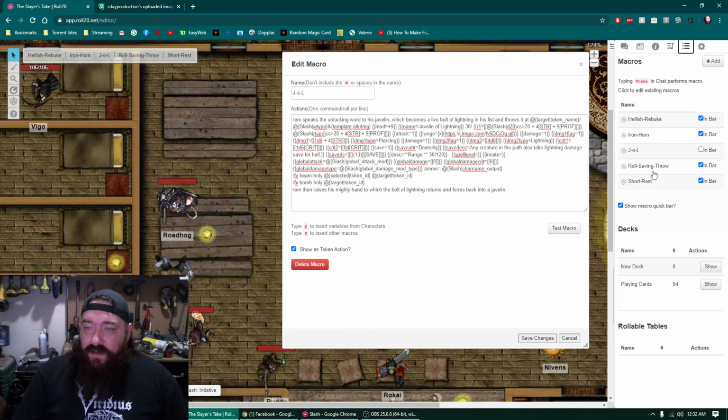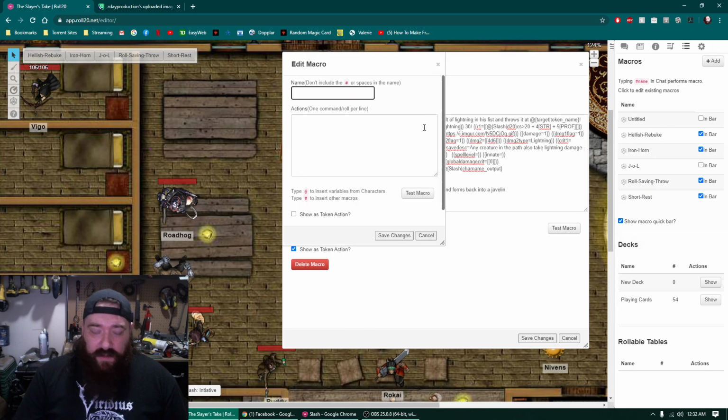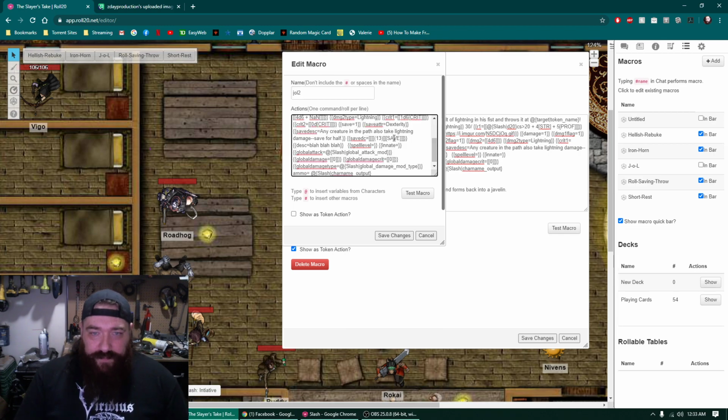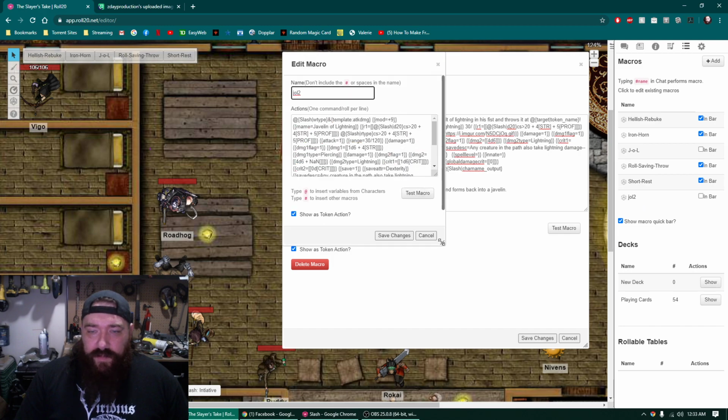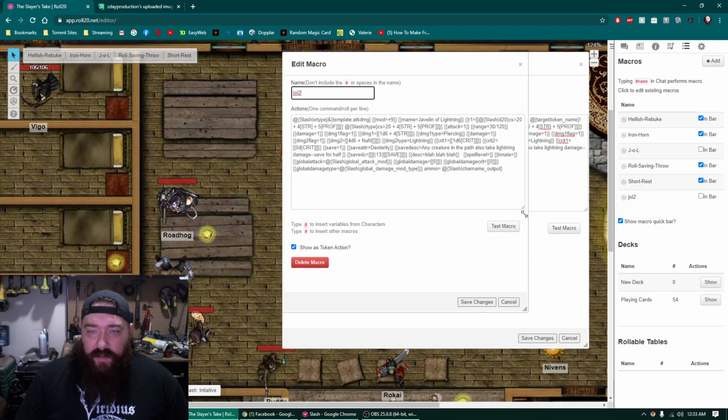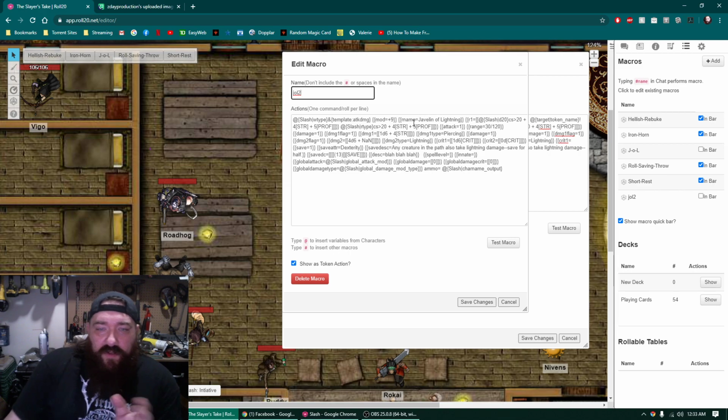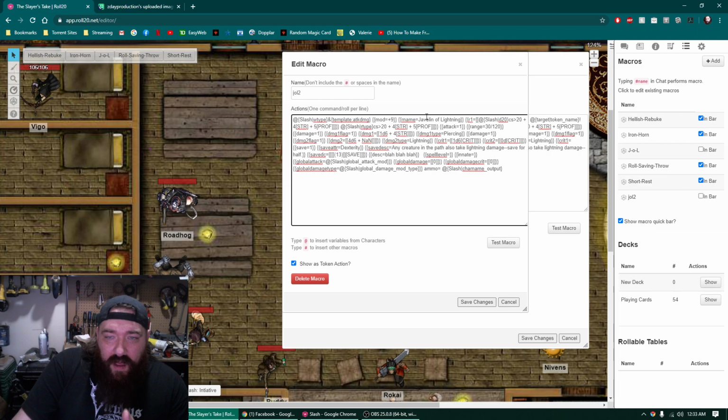I'm going to create a macro. Joel2. Paste the macro. Create as a token action. And save it. Now in Joel2, let's see here. So it's going to show all this stuff. You can tweak these things out. I ended up tweaking quite a bunch of it,